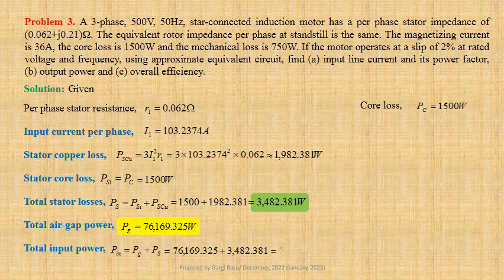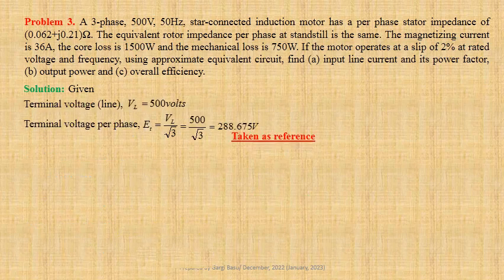That gives us 79,651.706 watt. In polar form, we can write input current per phase I1 equals I1 at an angle minus phi 1